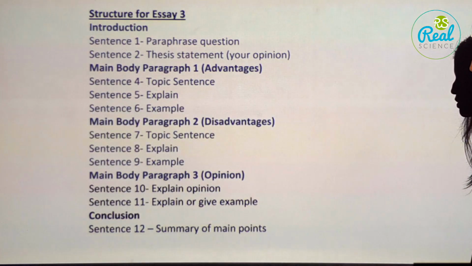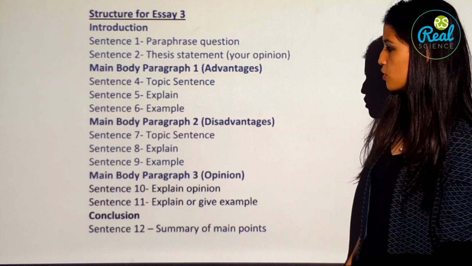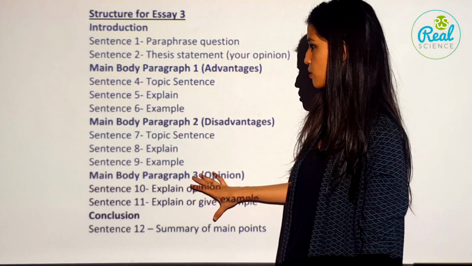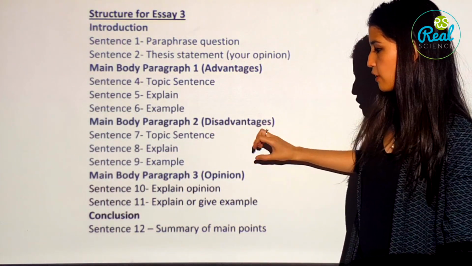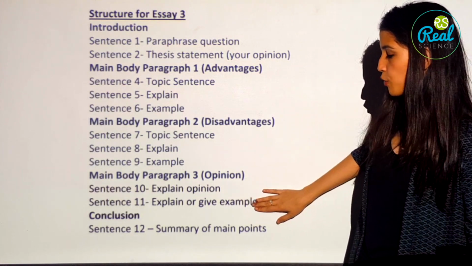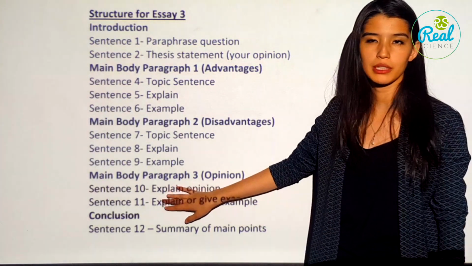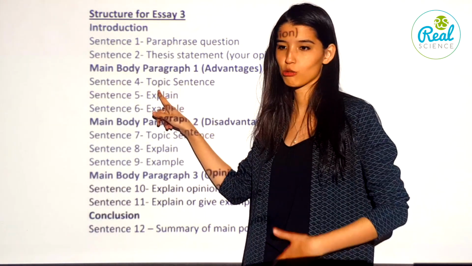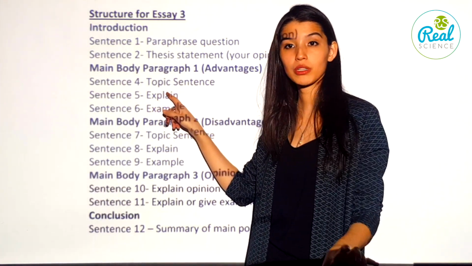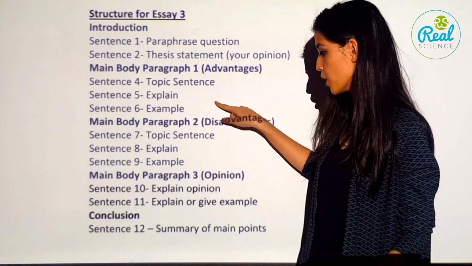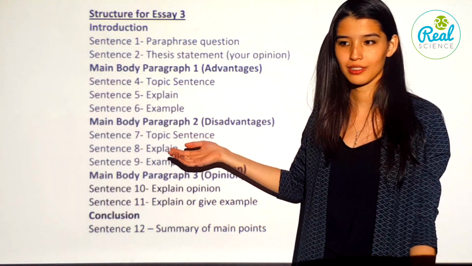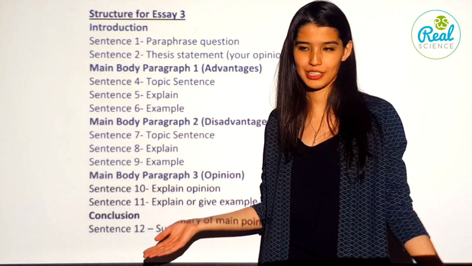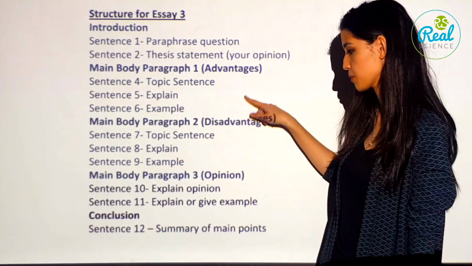And as you can see, you have 3 separate paragraphs: advantages, disadvantages, then your opinion. For your opinion, the paragraph will be half the size of these two, because you are just giving an opinion, and it might be a repetition of one of these, because there is no third side, right? There's only two sides, advantage or disadvantage. So you are taking one of these.